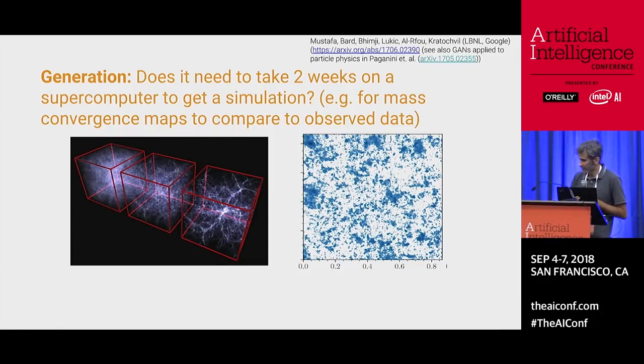Okay, so the last example I have here is around generation. As I mentioned, simulations went into that previous analysis, and they go into all of the analyses that are done for these purposes. But in order to get some of these simulations, it takes 2 weeks of computational time on a large supercomputer of the scale of Cori, which is a huge amount of resource to be giving over to these. And for different versions of the cosmology that you want to generate,